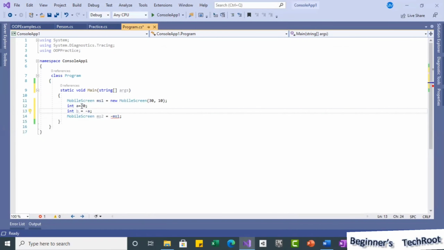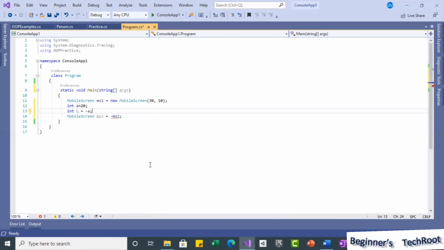But this is a user defined data type, so for these types the operator automatically understands and does the default behavior.